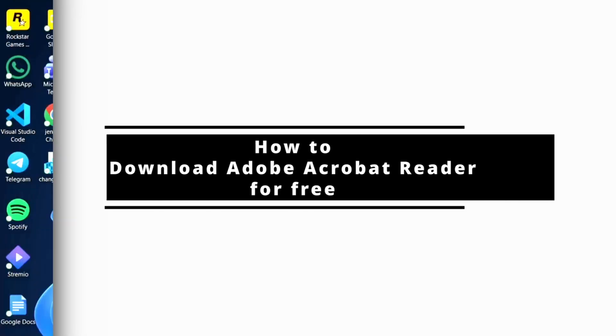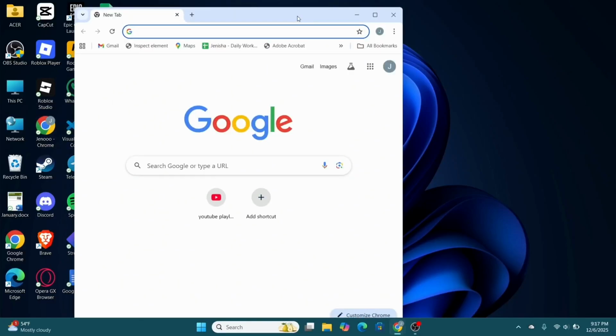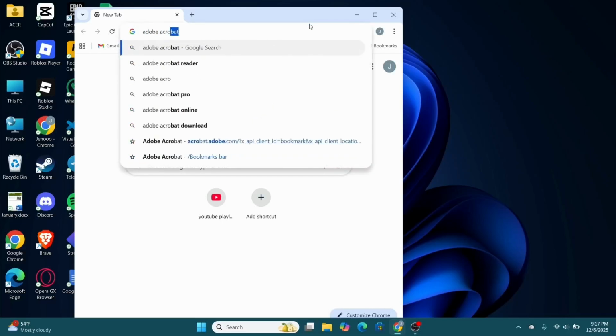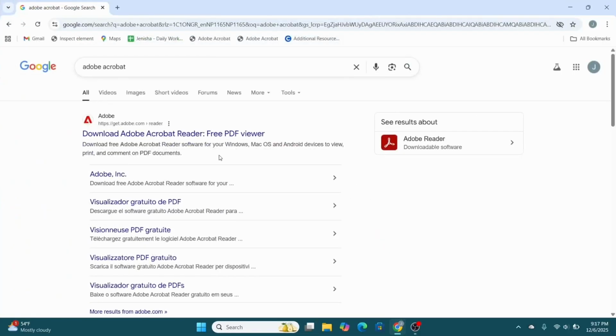Today we are showing you how to download Adobe Acrobat Reader for free. So let's just get started. Go to your browser, type in Adobe Acrobat, hit enter, and you should find their official site directly. Head over to this one right here,